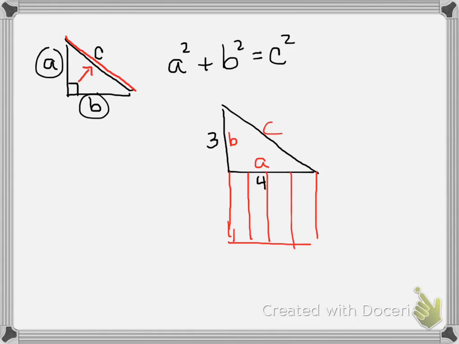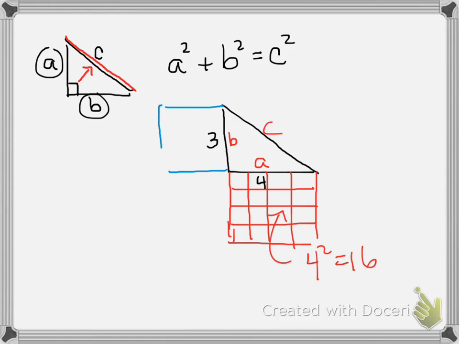The length of side B is 4 units long. If you take a square that's 4 by 4, the area of that is 16. And if you take the square of the height of the triangle, which is 3 units, so 3 by 3,